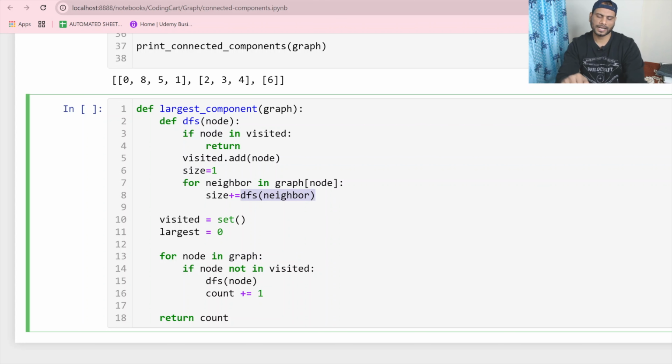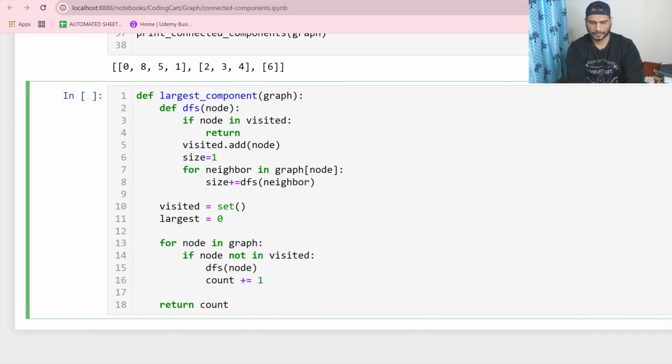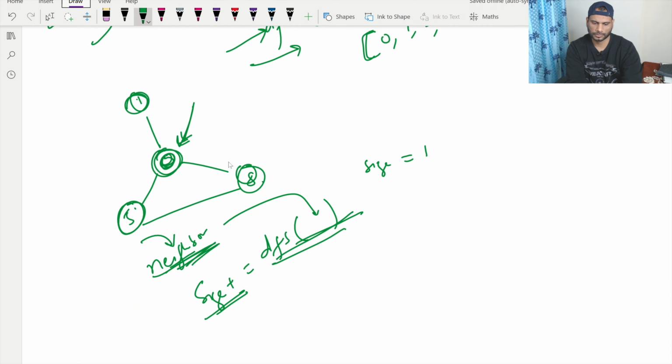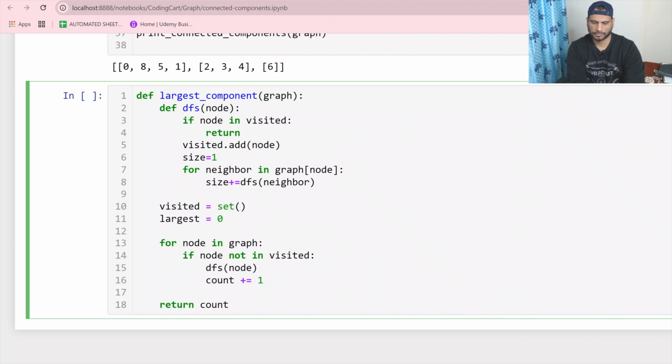Now for this current neighbor, if there are single neighbors or multiple neighbors, it will simply get incremented with the help of recursion. Now we got the size. Suppose for a single node 0, all its neighbors are traversed. So it will return this size. What we need to do here, return the size,